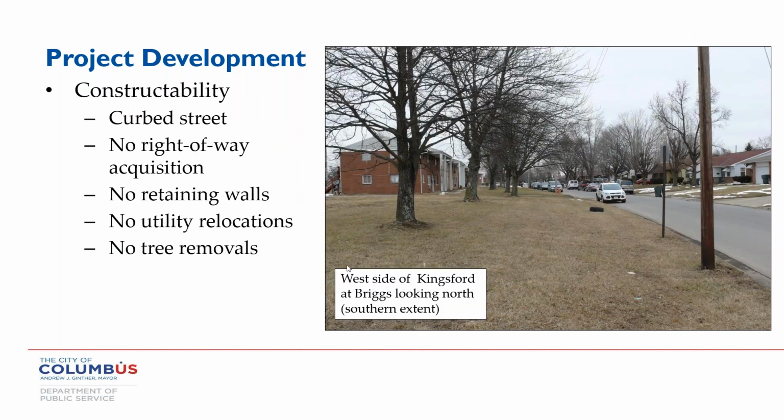So when we were looking at it, we also were looking from an engineering perspective. What appealed to us here is the streets were already curbed, and we also had a very broad right of way. I think there's some utility relocations, but we didn't actually require any new right of way. We didn't have to do retaining walls. Those trees actually were all able to stay in because we were able to thread the sidewalk between the curb and those trees. So from a construction standpoint, it was very straightforward.